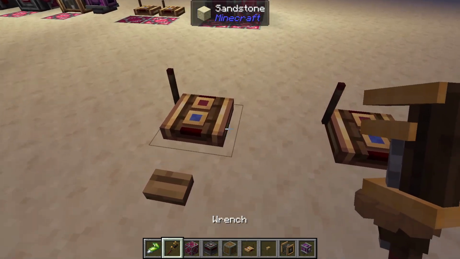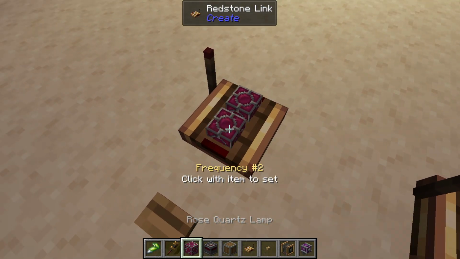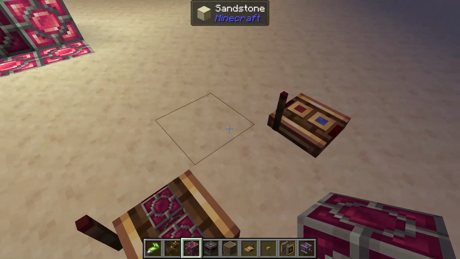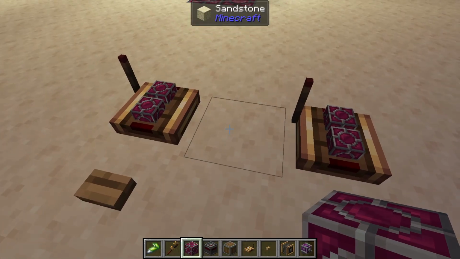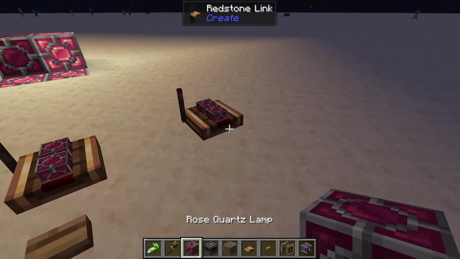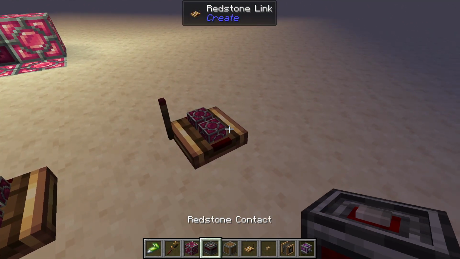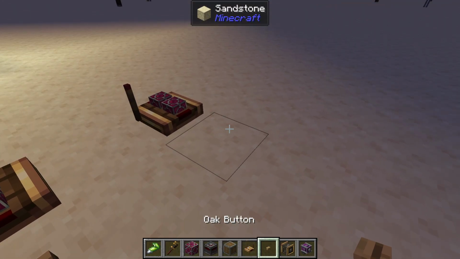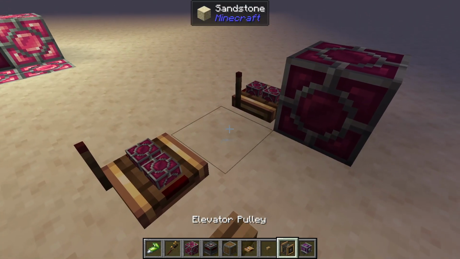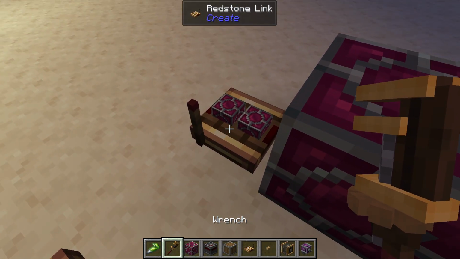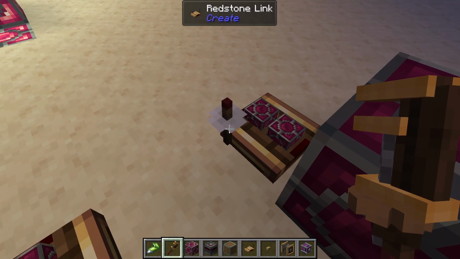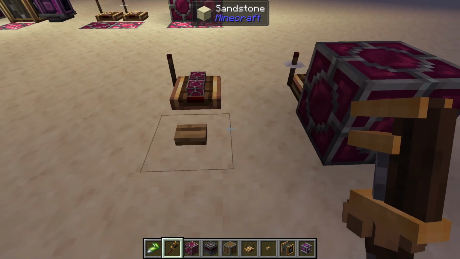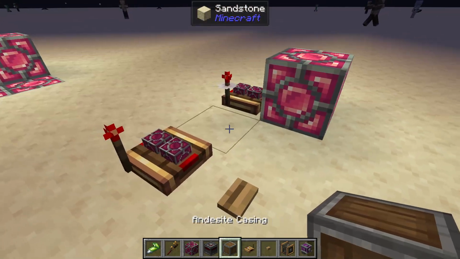So the fun thing is I can do a frequency that is rose quartz lamp, frequency 1, frequency 2, and let's say that I want to power, imagine there's just a redstone contraption right here. So to make this into a receiver instead of just a link, you have to right click it with a wrench, and then boom,